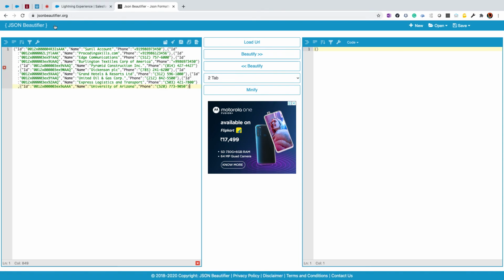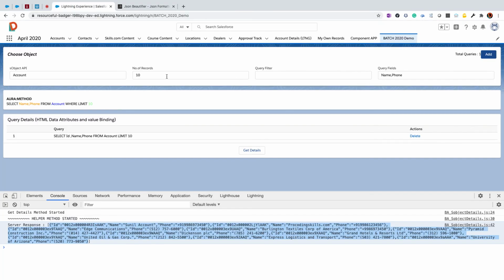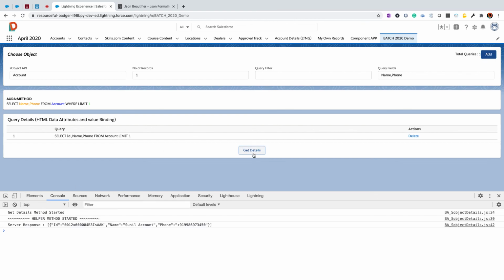Anyway, here we have one ID, 2, 3, 4, 5, 6, 7, 8, 9, 10 records. So what's the limit that I passed? 10. If I pass 1, what happens? Delete, get details, remove. So limit is 1. So you got one record, isn't it?